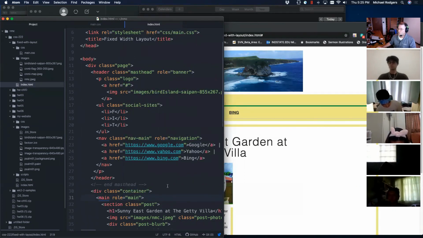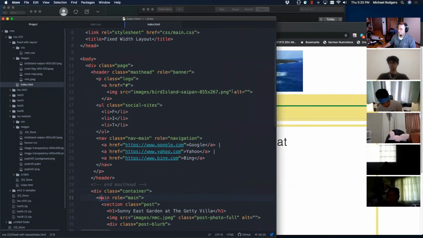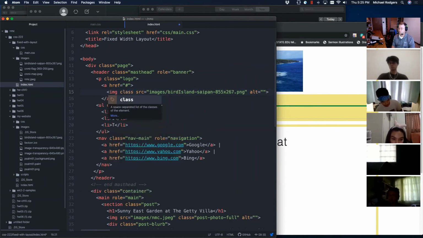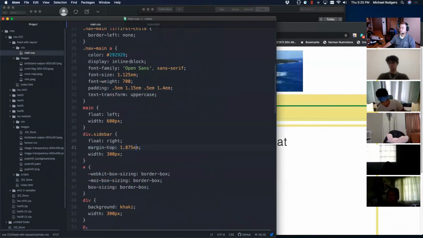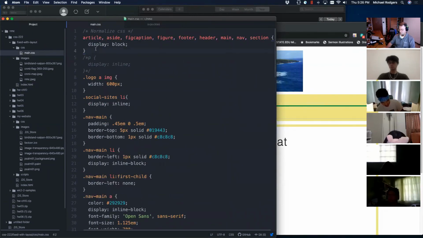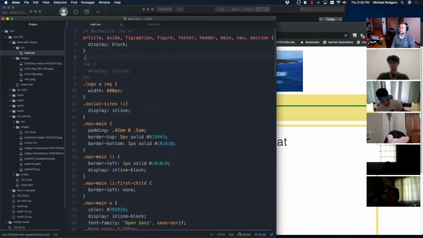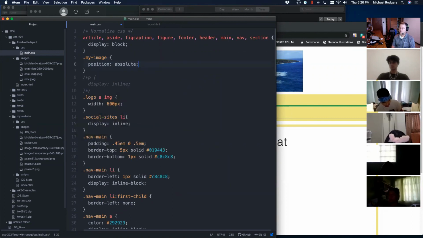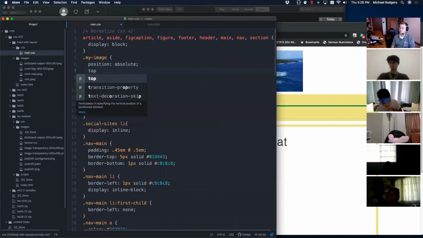If I wanted to break the image out and move it somewhere else, what I'm going to do just for quick demonstration is I'm going to say class, and I'm going to say my image, okay? And in the main CSS, I'm going to come up here to the top, and I'm going to specify my image. I'm going to give a position of absolute,